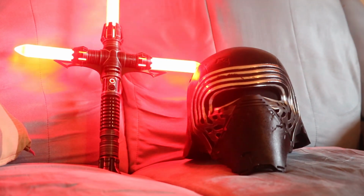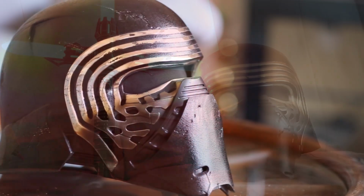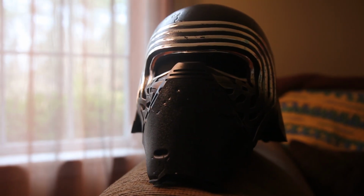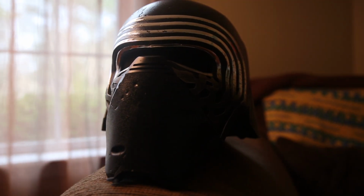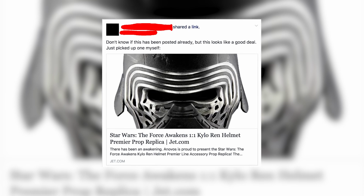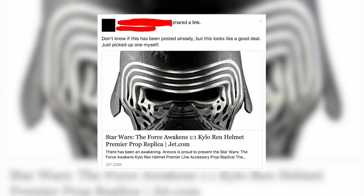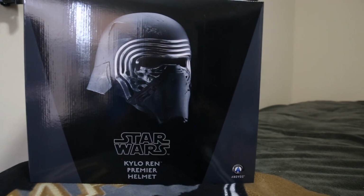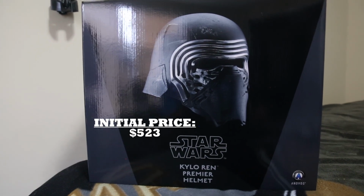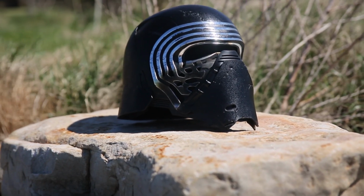What's interesting about this data via this small sample size is that I used to feel the exact same way. When this helmet was going for $700 initially, I never had any intention of purchasing it because I just didn't feel comfortable dropping that much cash on one single costume piece. But when a user in the Knights of Ren Facebook group posted that the helmets were being sold by a company called Toying Toys on Jet for a discounted rate, I immediately was intrigued. I looked into it, put the item in my cart, and got a grand total of $523 due for the helmet. Now it's amazing what a discounted price of roughly $180 can do for your overall mindset towards a product,